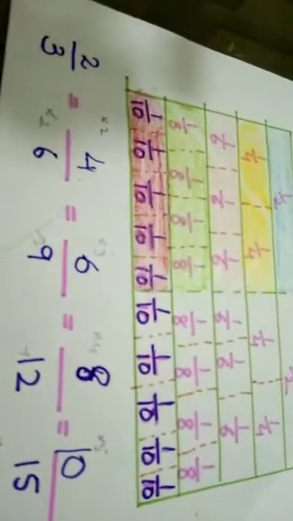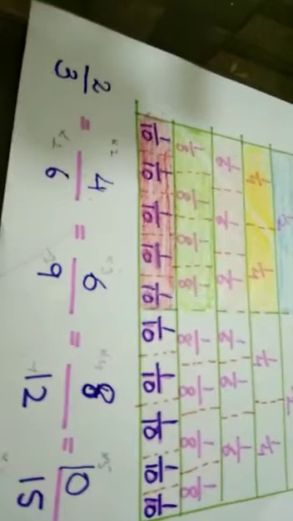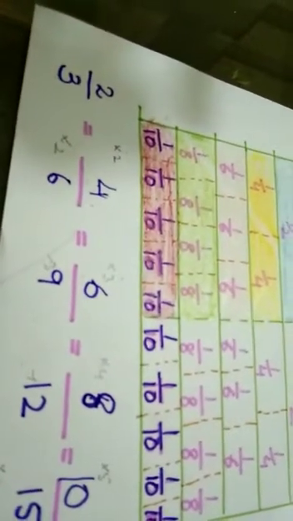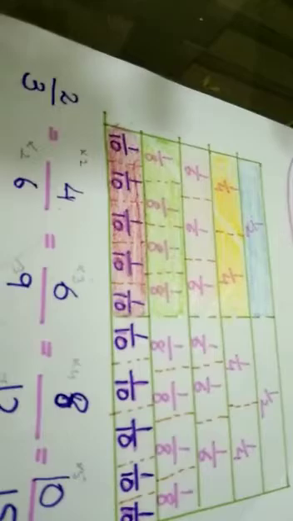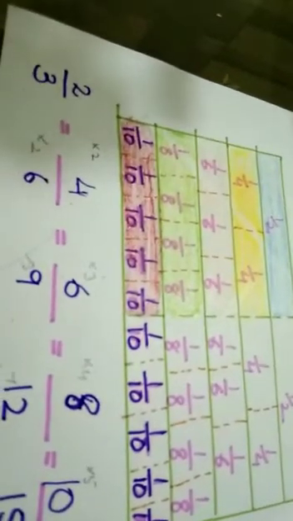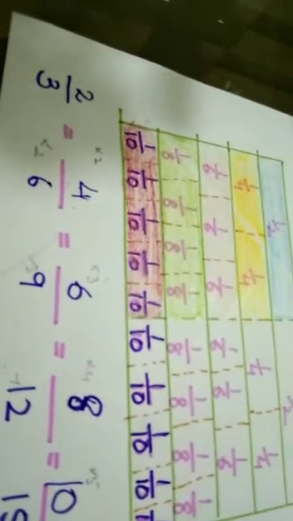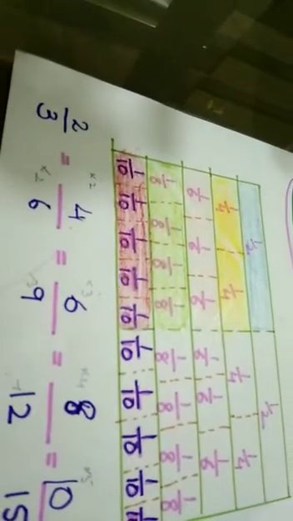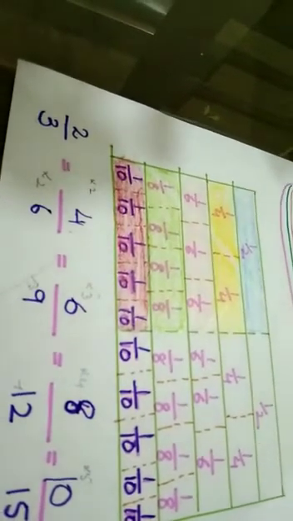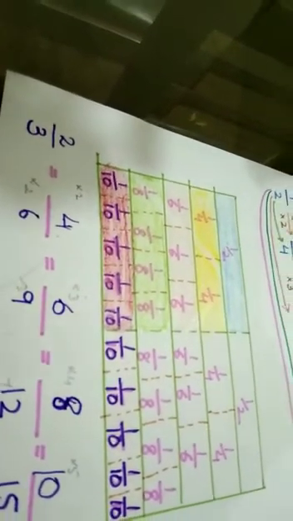We will go step by step. Today I will just tell you how to determine simple equivalent fractions. I hope that you have understood. If you are having any problem, then watch the video 2 times, 3 times. You will get to know how to find it. But I think that you are very intelligent and you will know it.